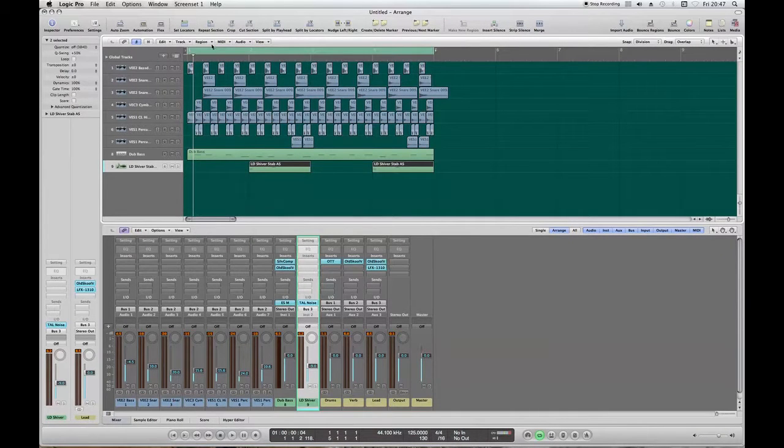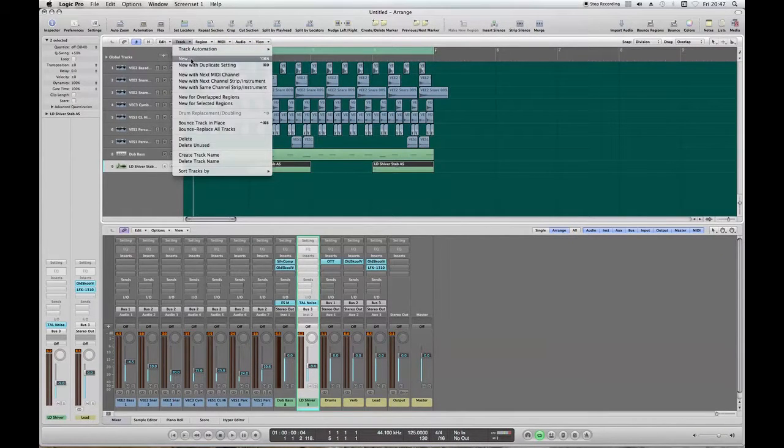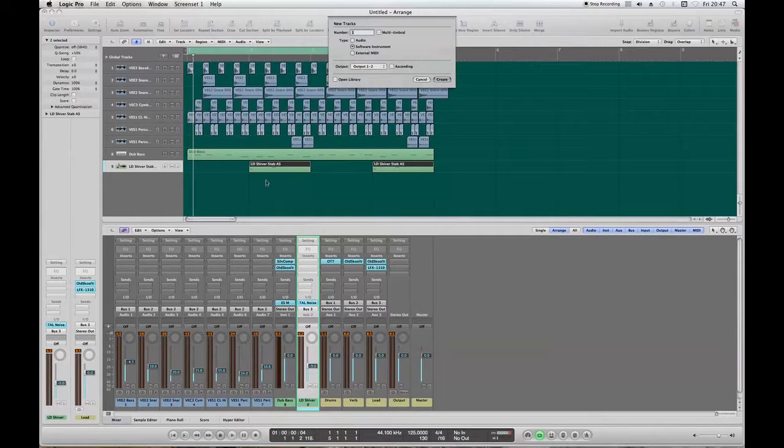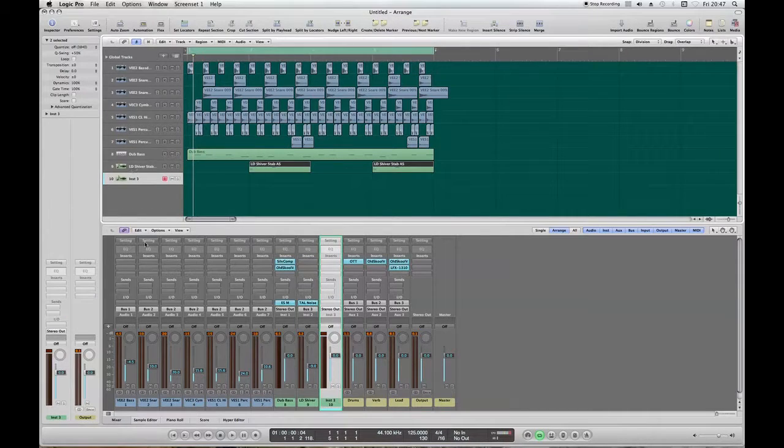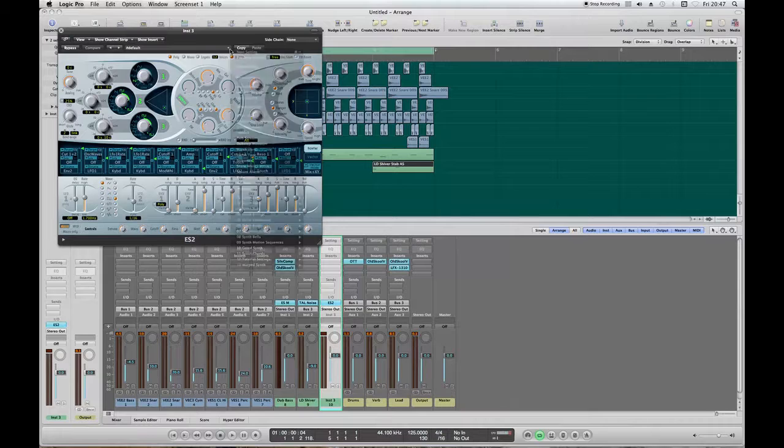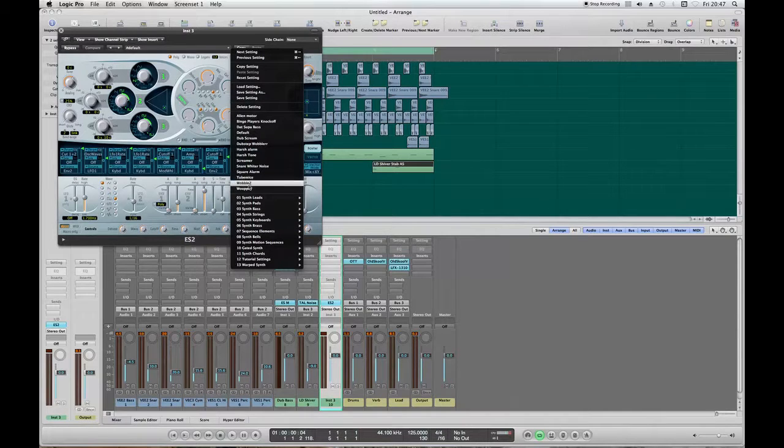Okay, I'm going to add in another melody, another synthesizer, which is going to complement this one and give a fatter sound of the main lead. Again, software instrument, create. I already know what I'm going to use. ES2. I'm going to select one of my already pre-made instruments. I created this sound,